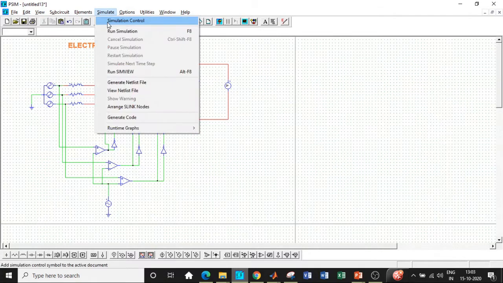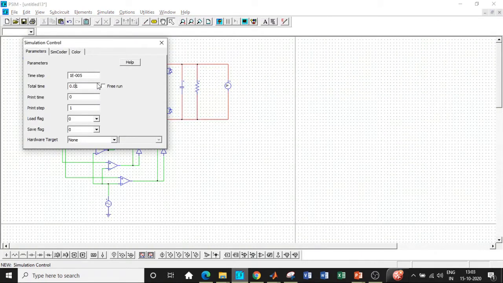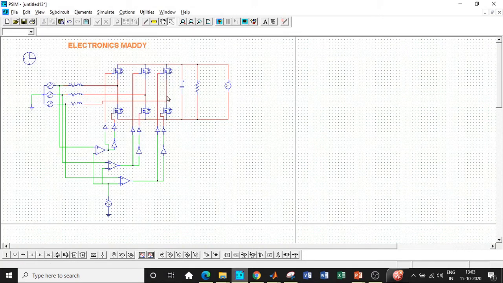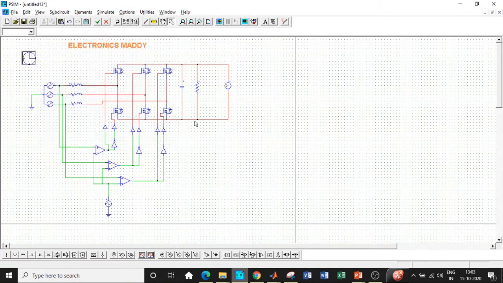So now we will be requiring one of the most extremely important blocks, that is the simulation control block. Set the total time to 0.1. The reason why it is required is because we need the control of the simulation time. If you don't have that, automatically the x-axis that you get in the output waveform will not be decided. So you have to set the total time based on your requirement. I'm setting it to be equal to 0.1. If it is motor loads and all, set the total time for at least 5 seconds, because there will be transients for the motor loads, isn't it? So that is why we do that.